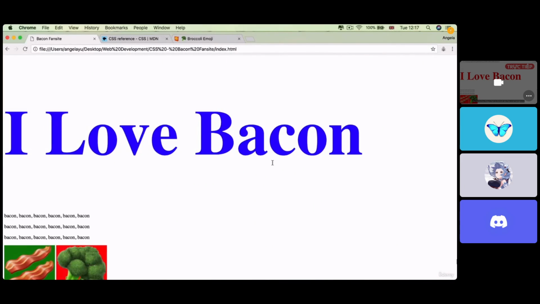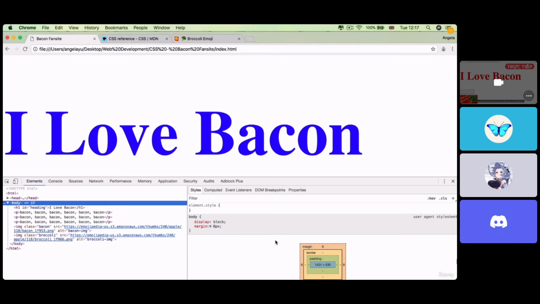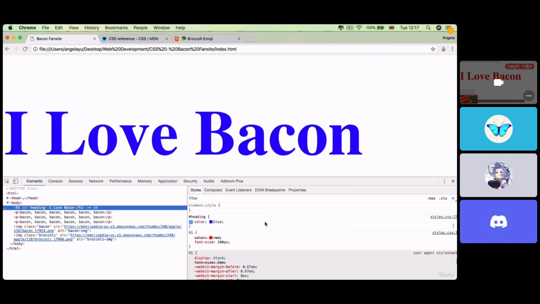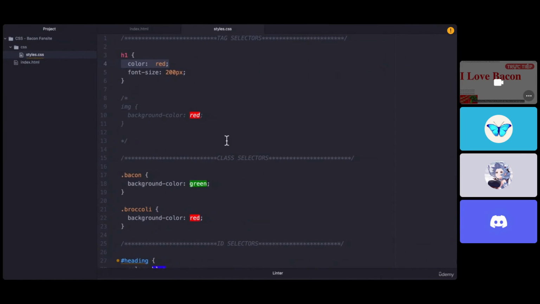And if you have a look inside the Chrome Developer Tools, selecting the H1, you can see that we've got the H1 color being red, but it's crossed out because the ID heading is more specific, and therefore this is the one that we see on our website. Now, this is the same